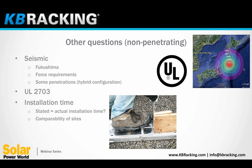The seismic topic has been looked at more and more closely by the counties and the approval agencies since Fukushima. Before that, things just slipped through more. They were less concerned about it. What we've seen there has really moved the counties to say, we want some kind of fastening. Even though it's a non-penetrating roof, we want it to be connected to the roof at some point, or a few points, just to make sure it doesn't slide off the roof in case of an